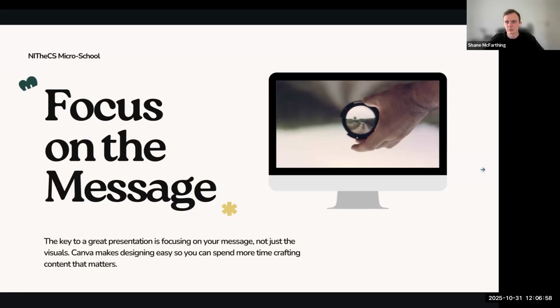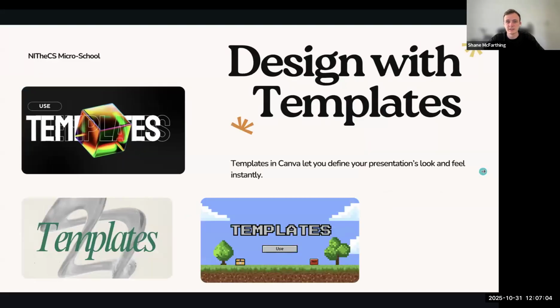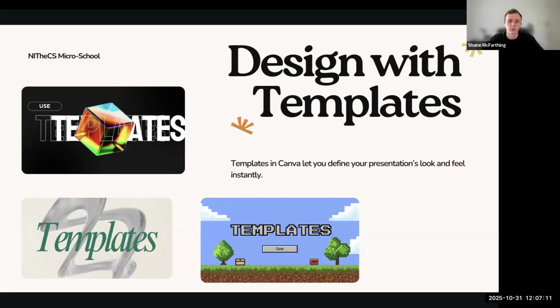And then that gives you the time to focus on the message and how you want to structure it efficiently. And probably the meat and potatoes of today's presentation, and of the stuff that if you were to take away one thing from this talk on how to get started with Canva, it's templates. So in Canva, they have such a thing called templates,